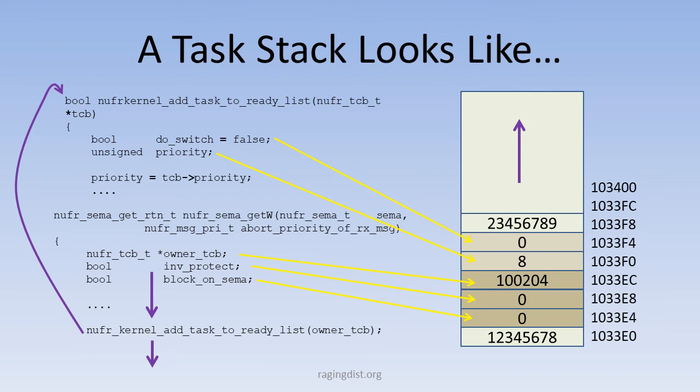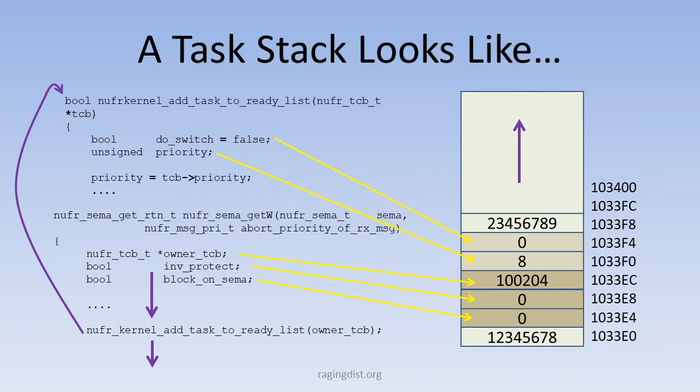the stack will temporarily allocate. It will reserve two more slots for the do switch and priority, which are shown again with the yellow arrows. These two locations cannot use the same locations that owner TCB, INV protect, and block on summa use, because you don't want to overwrite those other variables. So this is the reason why a stack will, it's called a push operation. It will, every time you make a function call, reserve more memory on the stack for putting the variables,